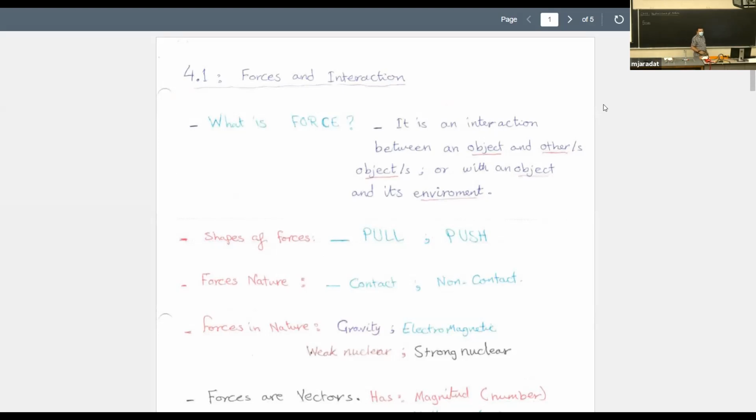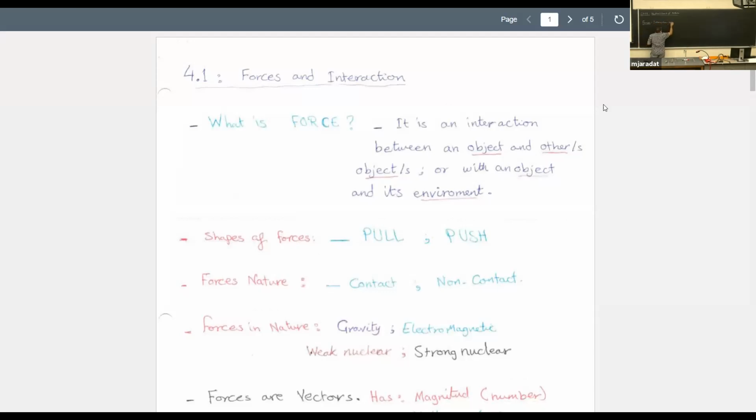Okay. How are you? I will start now talking about forces. To know what the force is, start dealing with Newton's first, second, and third laws of motion. Now, what is the force? We need to define the force to know what we mean when we talk about it. It is just an interaction